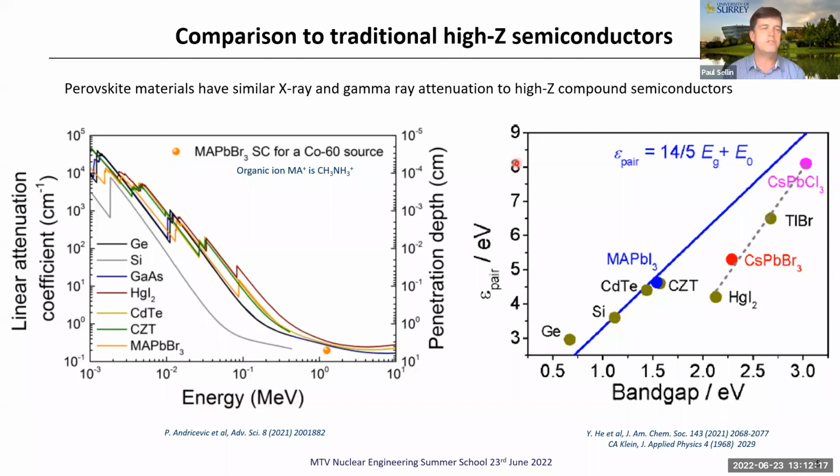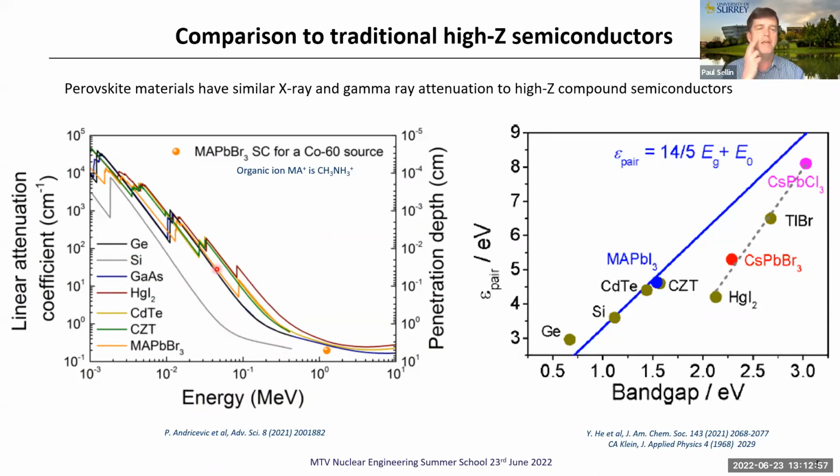So let's look at perhaps the more familiar attenuation coefficient. So this is a plot on the left of linear attenuation coefficient for X-ray and gamma ray against some famous or well-known detector materials. And we obviously have germanium and silicon. And if I remind you that the linear attenuation coefficient for gamma rays is principally driven by the Z number. So if Z of the material is low, the efficiency tends to be fairly low. And that's why silicon in gray is showing a linear attenuation coefficient quite a lot lower than all these other